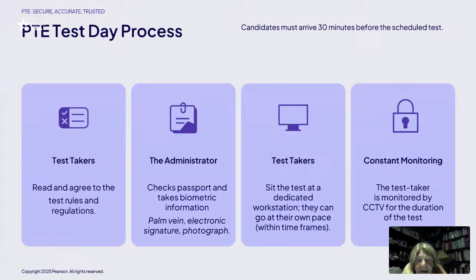What will happen then is they're going to have you do a palm vein scan. So all you're going to do is you're going to put your hand right on a scanner. They're going to look at that and they're going to make sure that they've got your palm. And again, this is for security reasons. Then they're going to escort you into a testing center. They're going to put you in a specific seat, and they have a code that they will put on to make sure that it's your test.